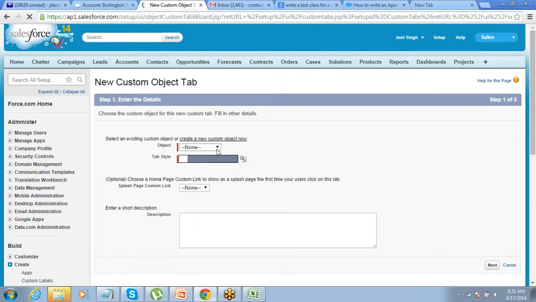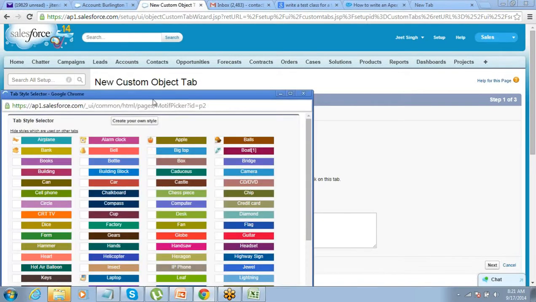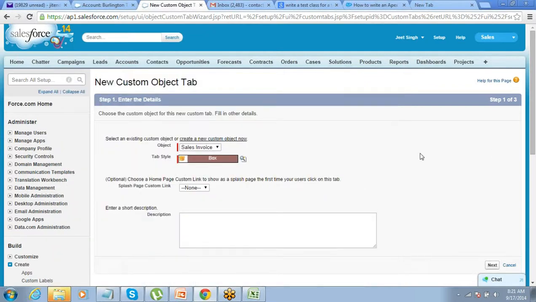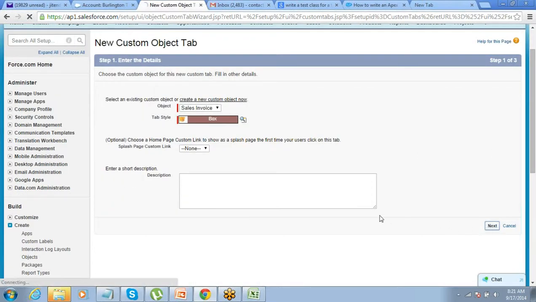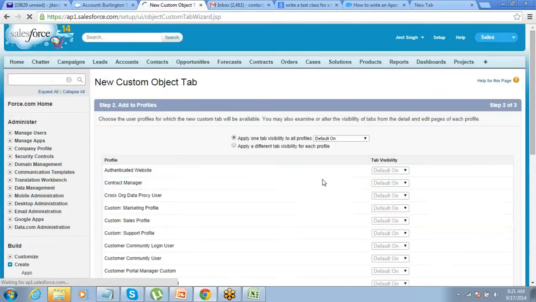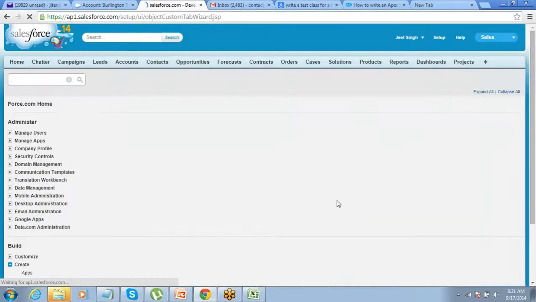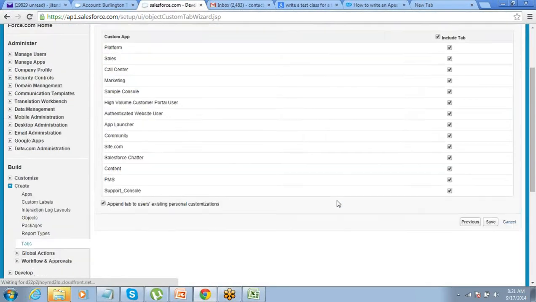and then select which custom object. You can pick a tab style. Tab style is nothing but an icon and a color. So you can pick anything of your choice. Go to next. Let it be as it is. Click on next. Let it be as it is.